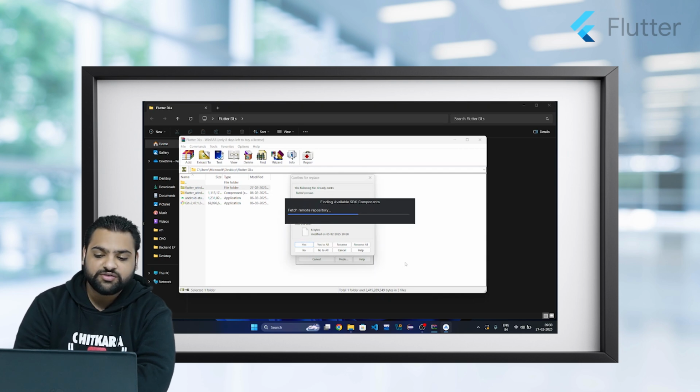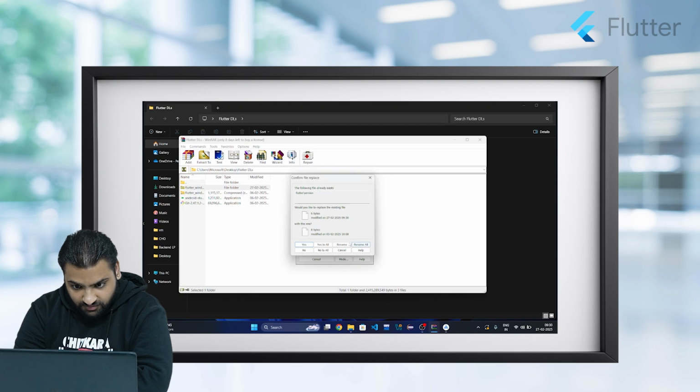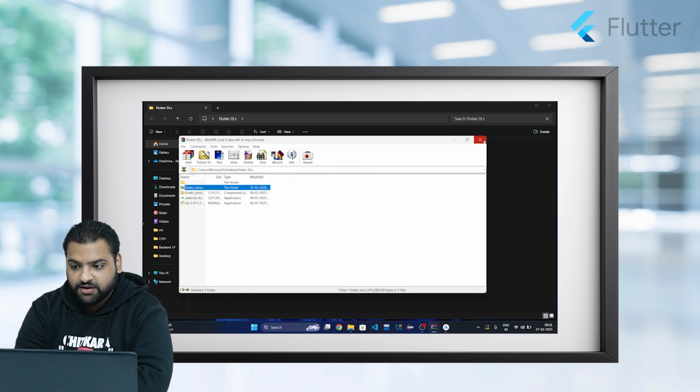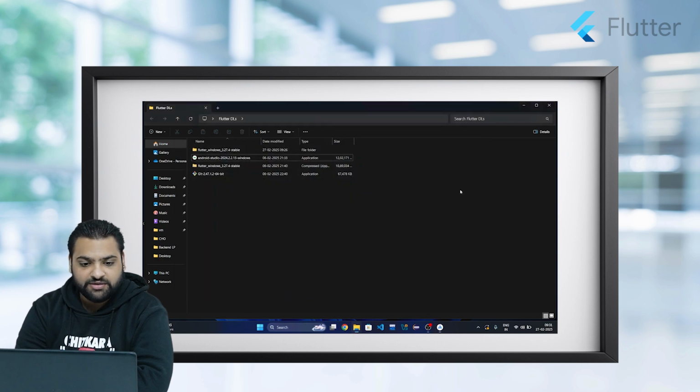We will let this Android Studio process in the background, and our Flutter's installation is complete as well.